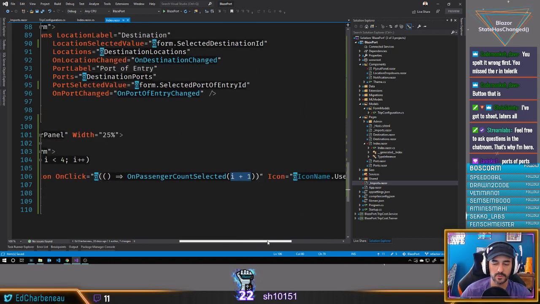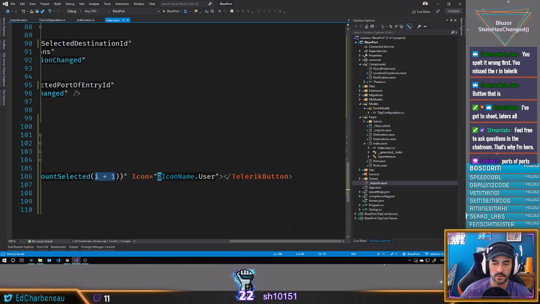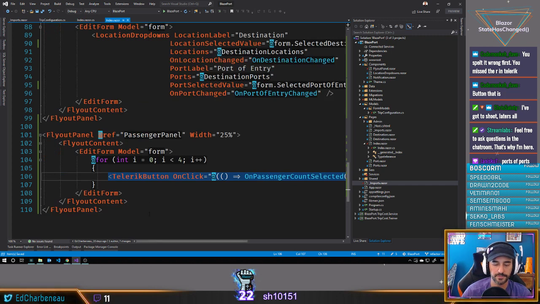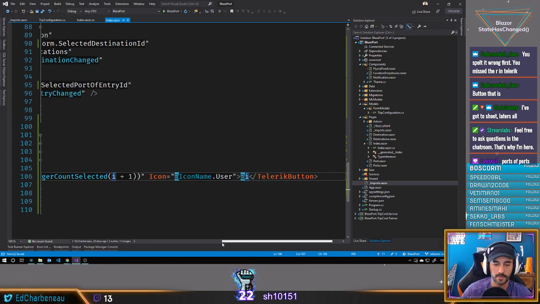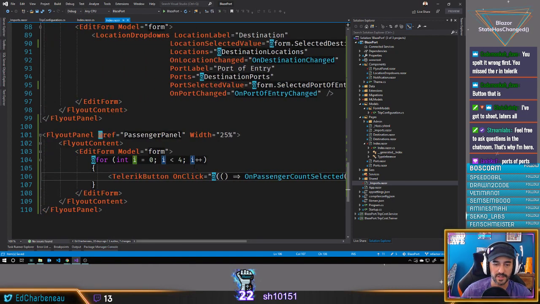Let's do this. Let's put the value of I in here. I want to see what it does. I'll just write it out. Oh, that's going to write literal the letter I at I. Gotta razorify it. I'm baffled. I mean, I know what it's doing. I don't understand why it's doing it, because